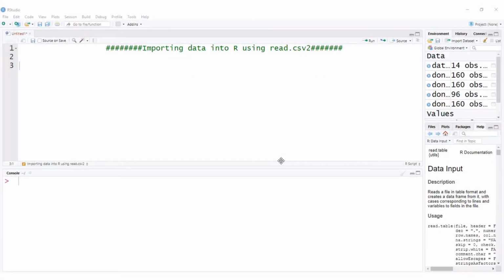In today's tutorial, we're going to look at a simpler method of importing data into R using the read.csv2 command. The read.csv2 command is not that well known in the Anglophone countries simply because we use the classical CSV command, that is read.csv. Because read.csv2 is actually used in Francophone countries. Why? Because in Francophone countries,